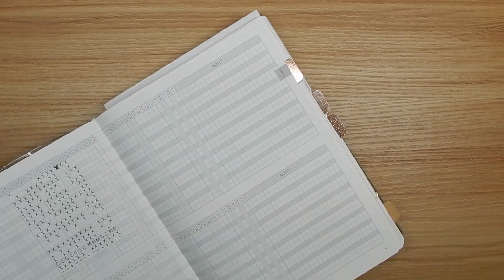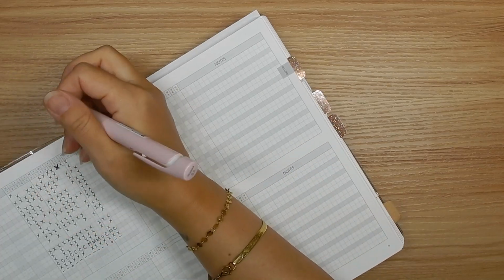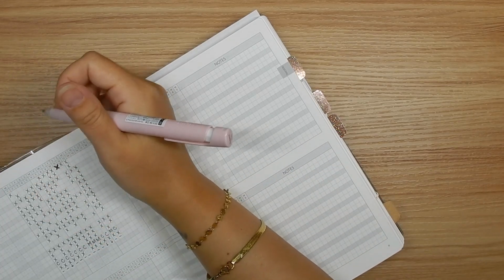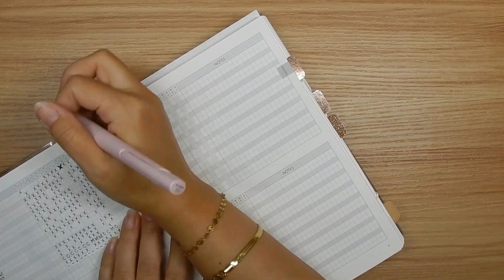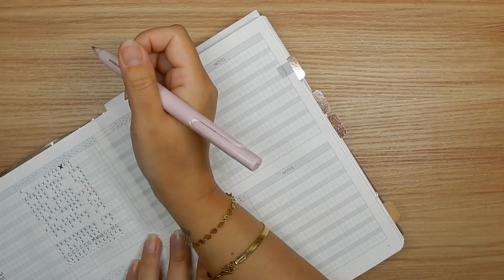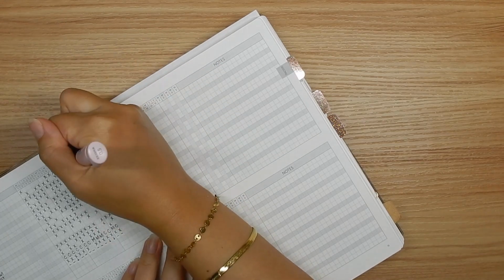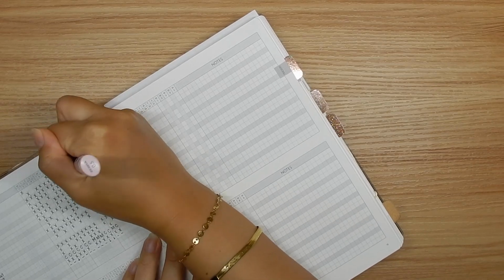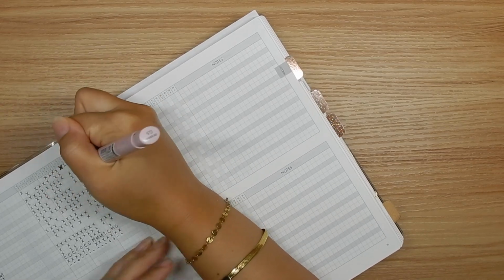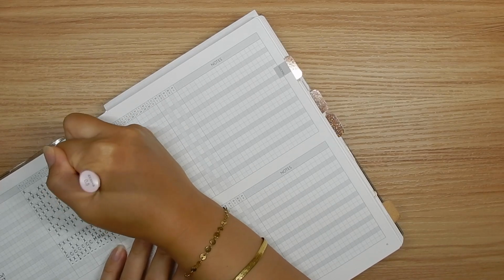I don't do it the night of, I always do it the morning after. So we are working on Wednesday because it's currently Thursday the 16th. So we are going to go in and just cross off whatever. I'm trying to, I can't remember yesterday. No, okay. All right, and for this section, I always use a ballpoint pen, and that way I don't have